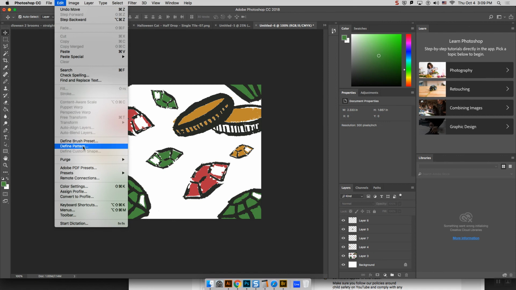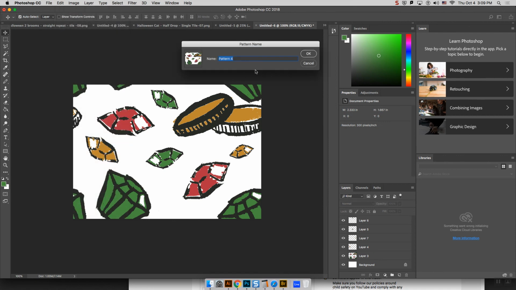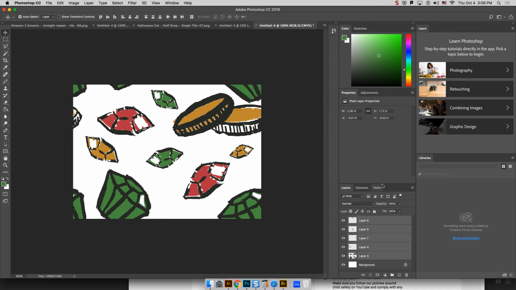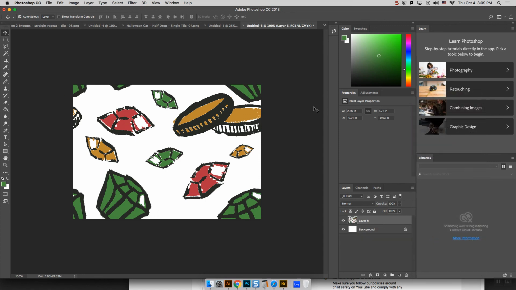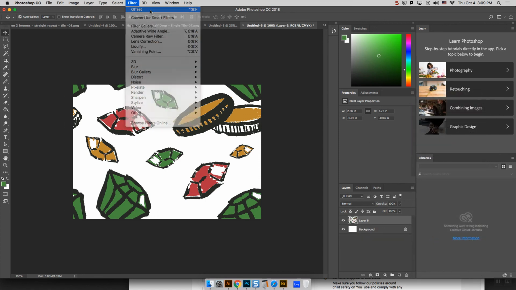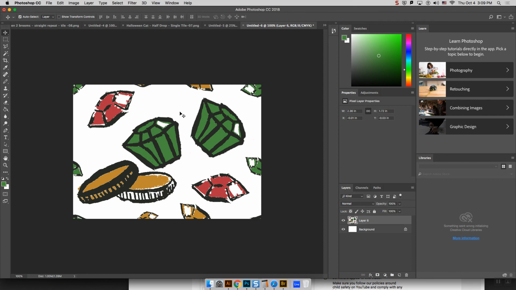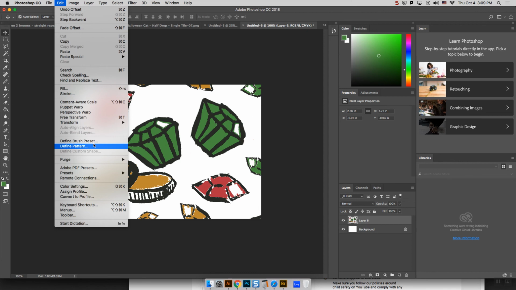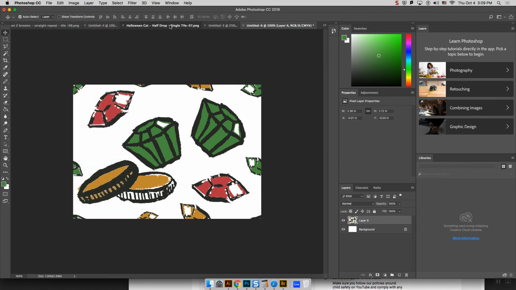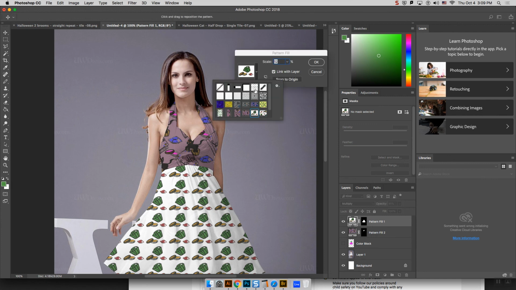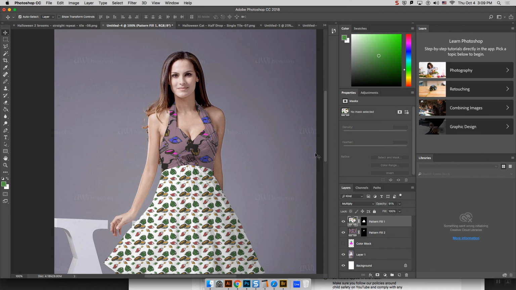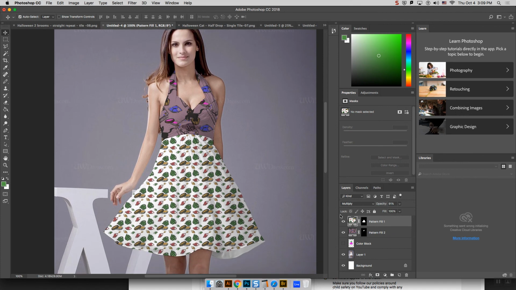And then edit, define pattern. We can just define it right away, or we could merge them all. Merge layers and go to filter offset again. So this is kind of our original composition, and now you can see that the edges are filled in with these rubies. Okay. Edit define pattern. I guess we've defined it twice, but they're the same. And now over here we can see our superior pattern. There. It's a little bit gritty, but